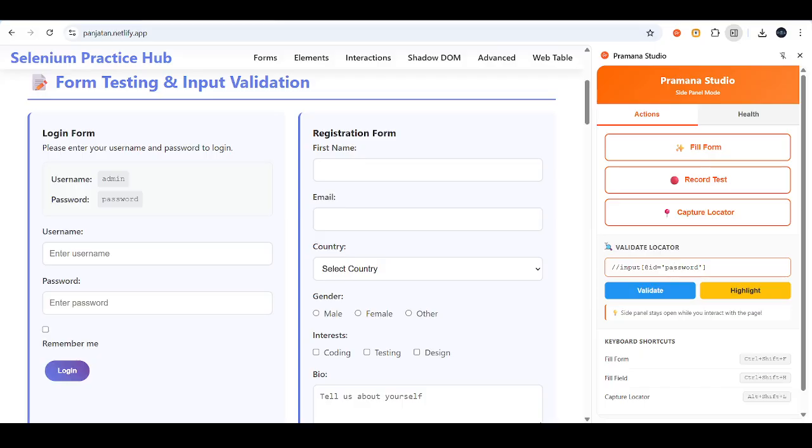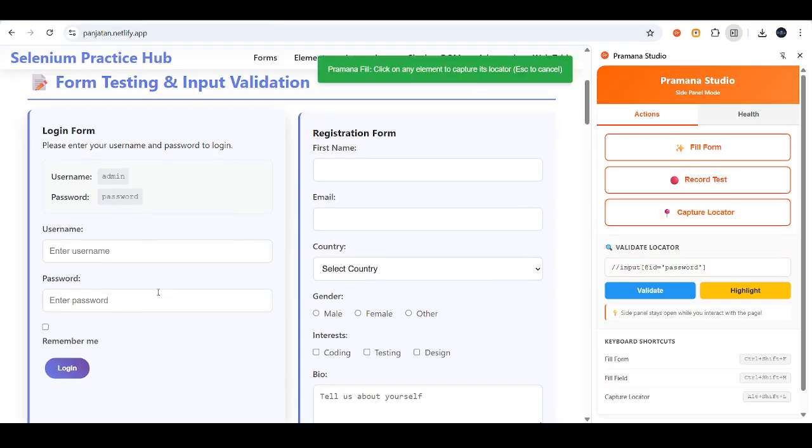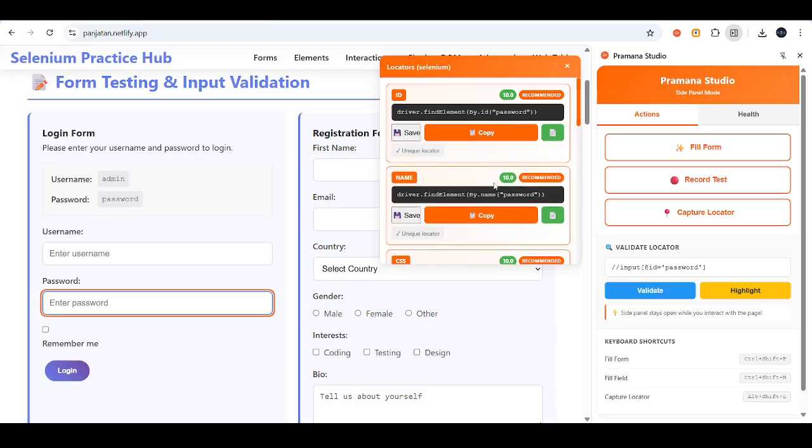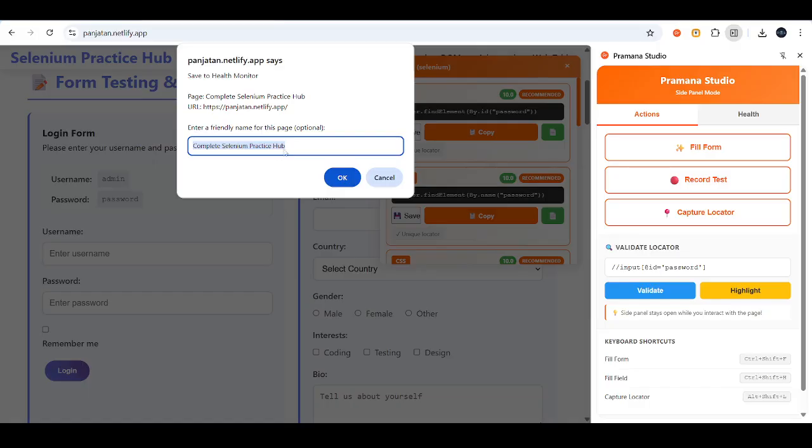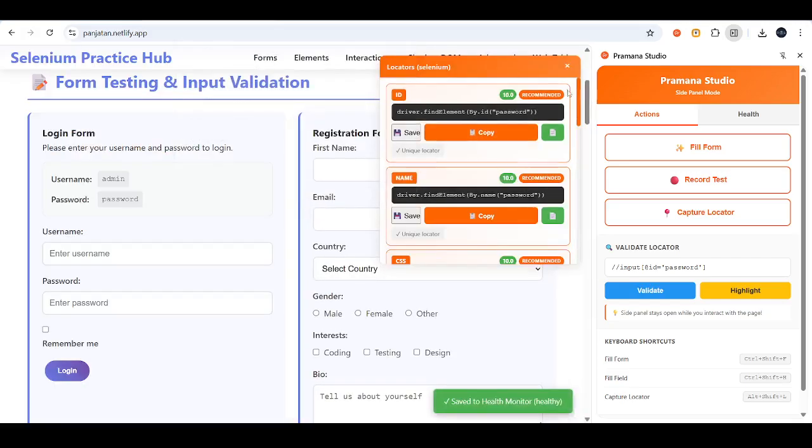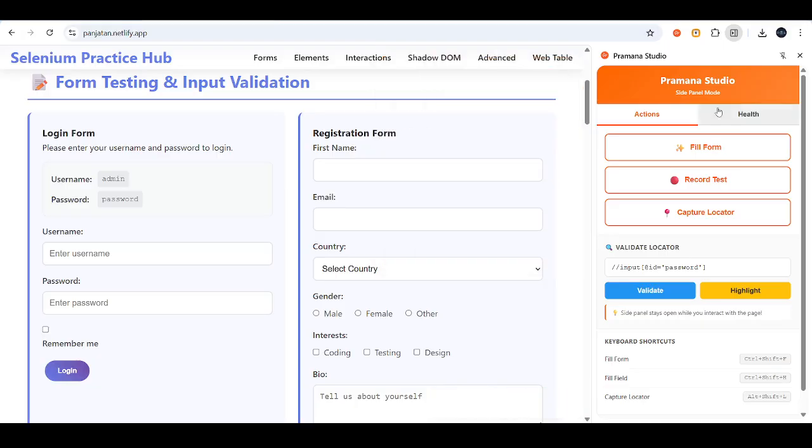And one more option is, let's say I am capturing this and you click on this field, and you have the option to save, right? Let's say I'm saving with the id. So this one I want to go ahead and save this id. For saving, it will ask you which page you want to save. You can give your name of the page, and according to your page name it will be saving the elements. So let me save into here,